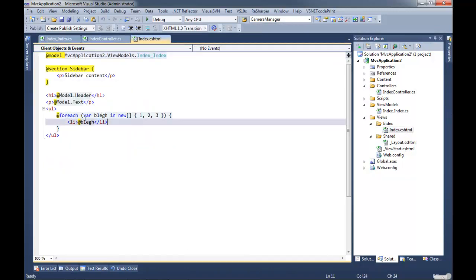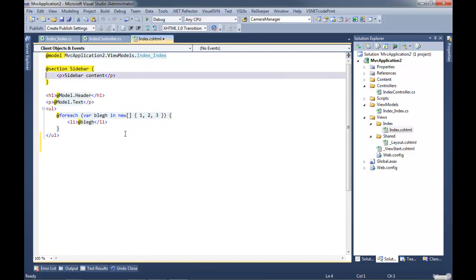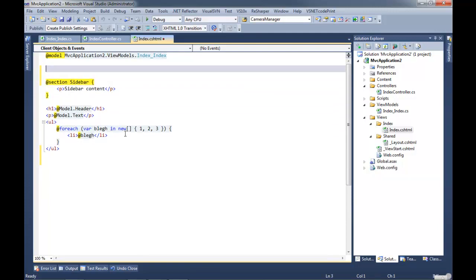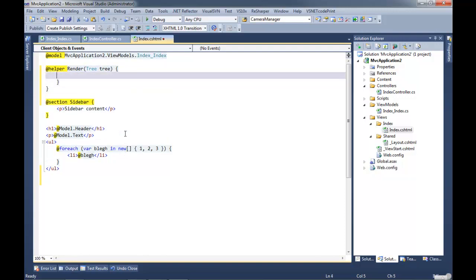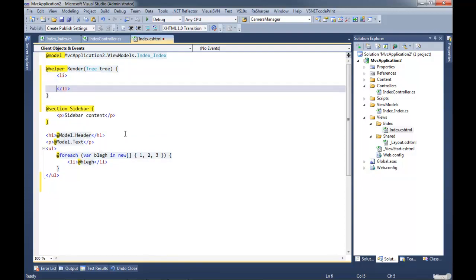And what we do is we write what's called a helper inside of Razor. And don't confuse this with helpers. These are Razor helpers. Imagine a helper is a static function that gets put on top of the generated class. So this is the function name, and these are the function arguments.